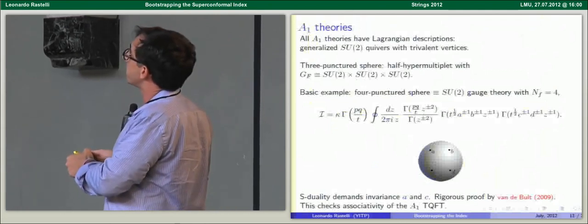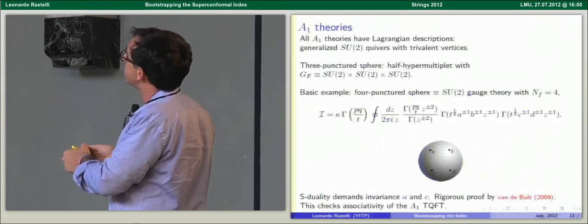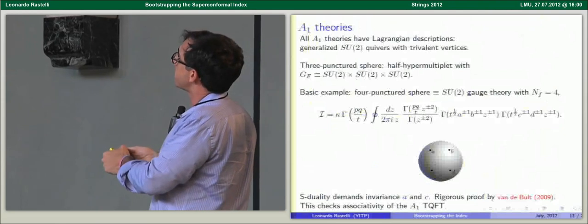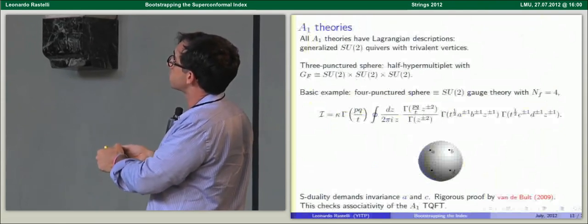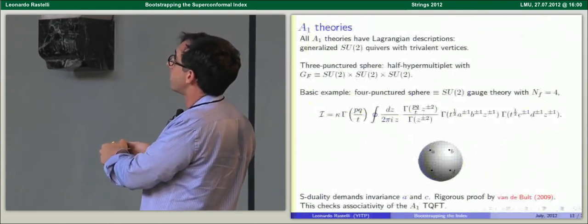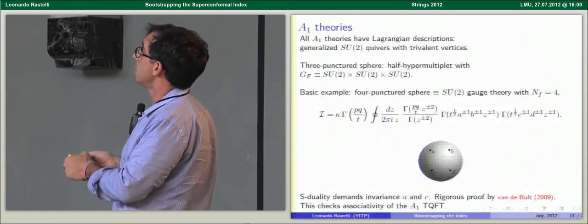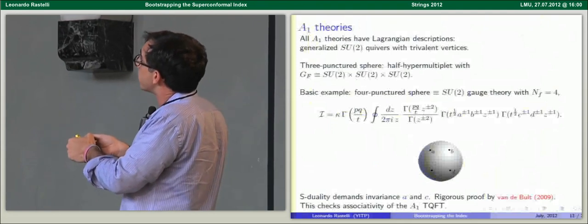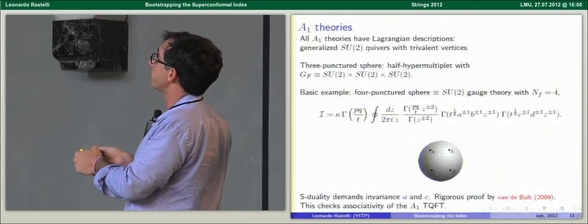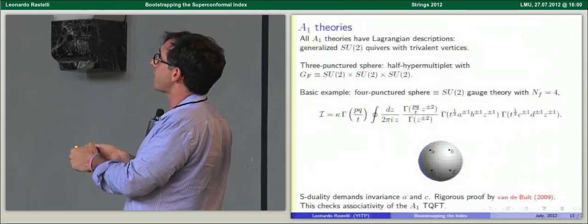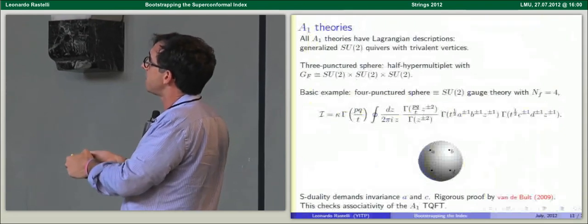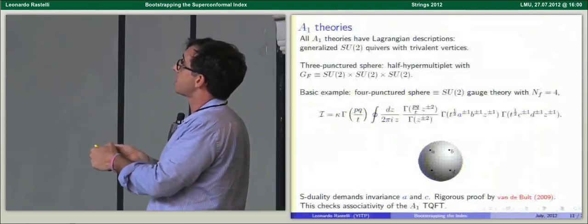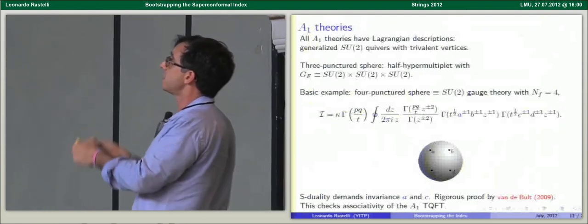So for example, remember these are one of these funny gamma functions, and in particular, plus minus means that I'm taking a product, so each of these objects is really a product of 8 gamma functions, so here I have a product of 32 gamma functions. This is the index of one of the simplest theories, SU(2) with 4 flavors. So you have a 4-puncture sphere. I can decompose it in the S channel, decompose it in the T channel. I must get the same result. So this is a highly non-trivial identity obeyed by this integral.